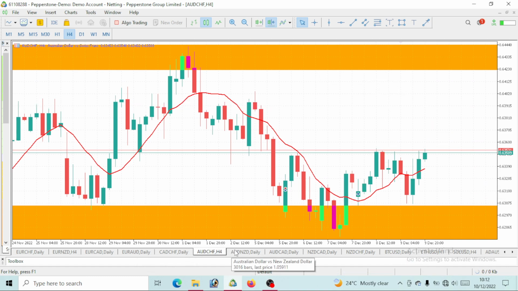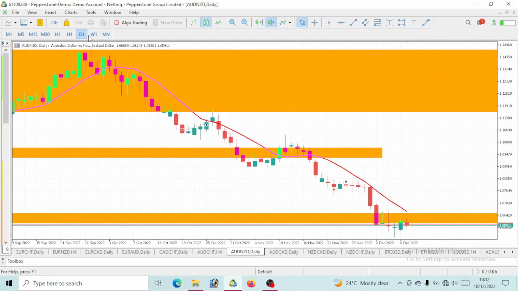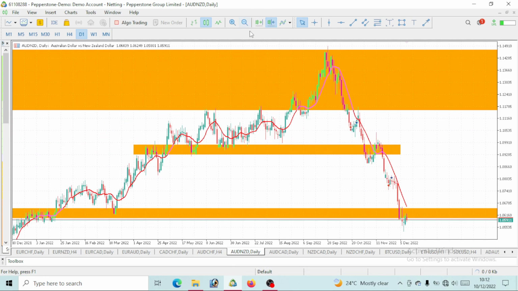Then that should take us to AUD New Zealand dollar. So when you want to take this trade, you will know that our New Zealand dollar itself is on a bullish movement. So when you compare New Zealand dollar to USD, we are having a bullish move on our New Zealand dollar to USD. When you take a look at this New Zealand dollar to our cad, you see that there is a bullish move. When you compare all your New Zealand pairs, there is a bullish momentum on this New Zealand dollar itself. So this is not a surprise as we are having a bearish move on AUD to New Zealand dollar. Reason is that New Zealand dollar itself is going bullish.